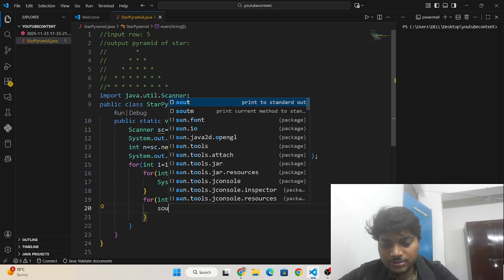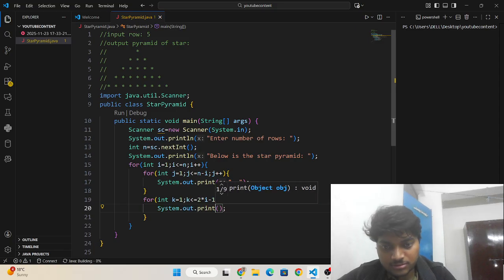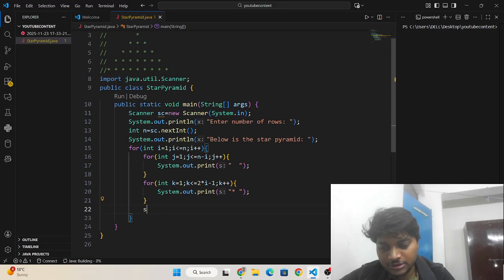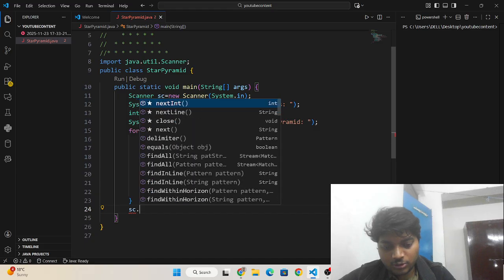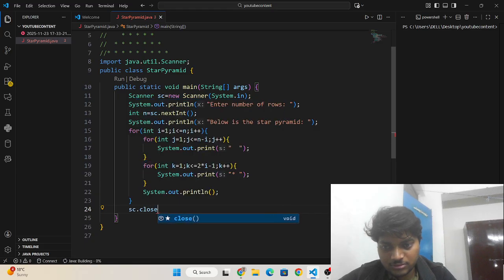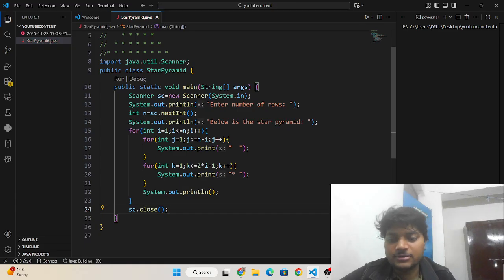Now we have to print a star with one space, and then here I need to write a new line, and then sc dot close. We need to write that actually. Okay, and now I think I have written the complete code.